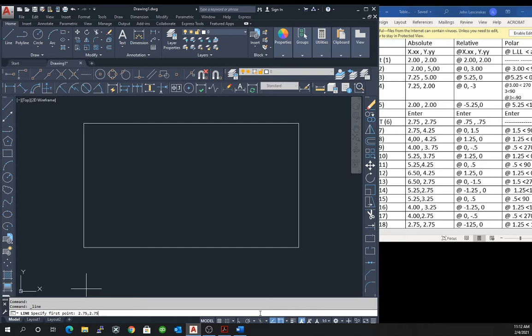2.75, 2.75, 2.75, 4.25, 4, 4.25, 4, 3.75, 5.25, 3.75, 5.25, 4.25, 6.5, 4.25, 6.5,